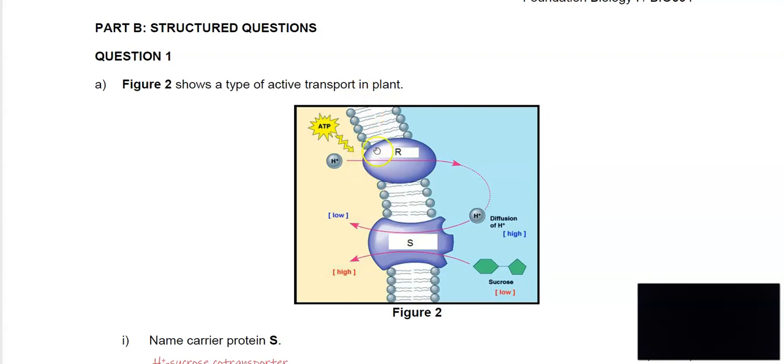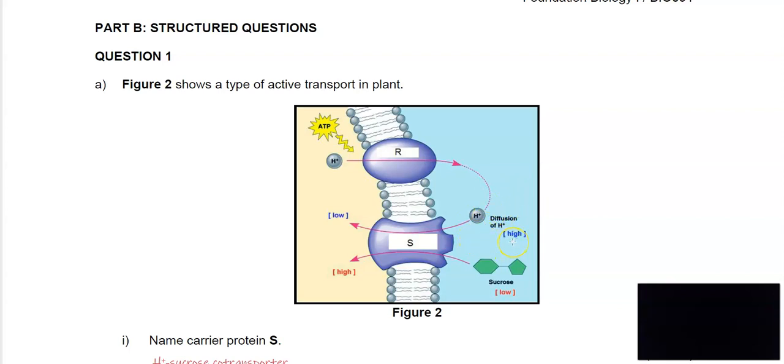Okay, so you have here two transport proteins. The first one is the proton pump. The function of this proton pump is to pump hydrogen ion from inside of the cell to the outside of the cell. So as you can see, inside the cell, the concentration of hydrogen ion is low. So to move hydrogen ion from inside to outside, from low concentration to high concentration, it requires energy from ATP molecule. Okay, so the hydrogen ion is pumped out through the proton pump and causes the outside to have a high